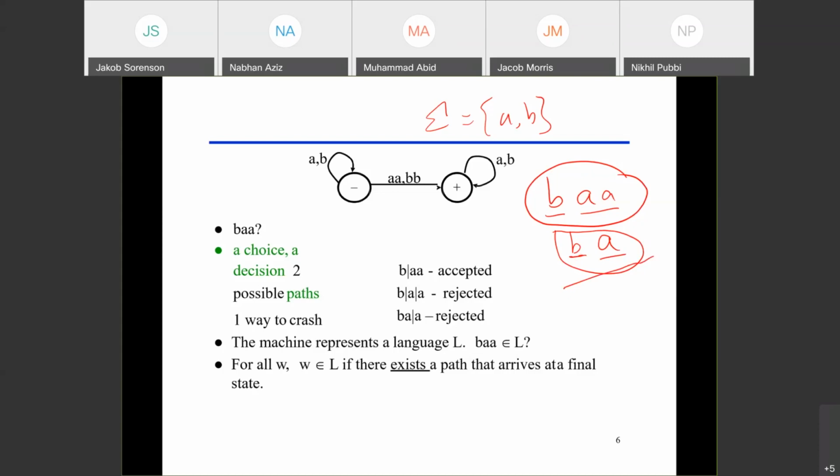Yes. So Nabhan, it is not accepted because the condition for acceptance is that the last letter, when you pass through the machine, you should finish at the final state. When you pass B and AA, you have B here and AA here. This takes you to here, and this word will be accepted. When you pass first B and then A, it is one round and the second round, and that's it. You are finished at the start state. You do not reach the final state. So this word will be rejected.